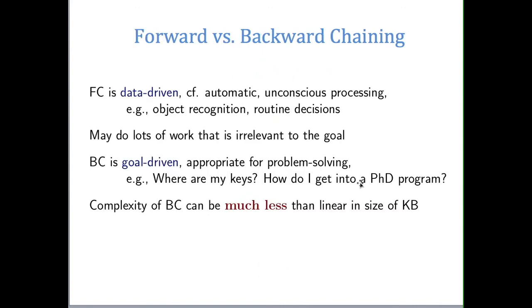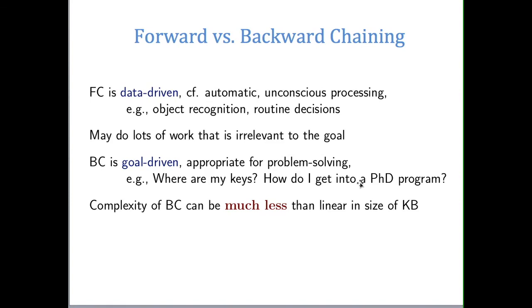So if we're comparing forward versus backward chaining, as I said, forward chaining is data-driven. It's a kind of automatic or unconscious processing. You start with what you've got, and you try to figure out where to go from there. So it's good for things like object recognition or routine decisions. But on the other hand, if there are a lot of horn clauses with implications in them, we might do a lot of work that's irrelevant to what our goal is. Conversely,